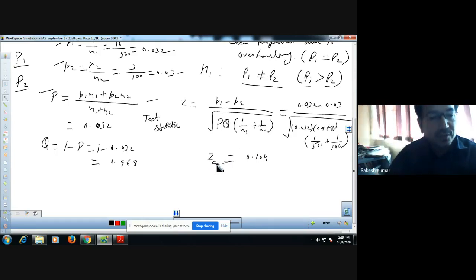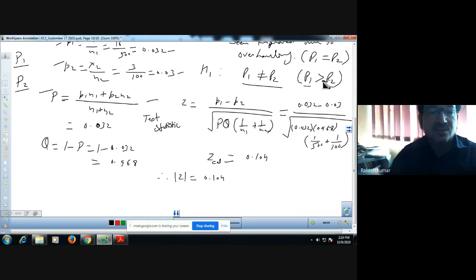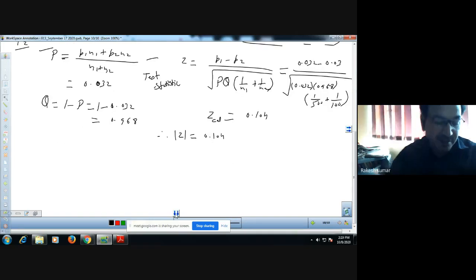It is calculated, which means a subscript can be written as CAL, which stands for calculated value. So you can take the absolute value of that, and the absolute value will also be the same because it does not contain any negative sign. And because it is a question of a right-tailed test versus a two-tailed test, in the table we will have to use the table value.